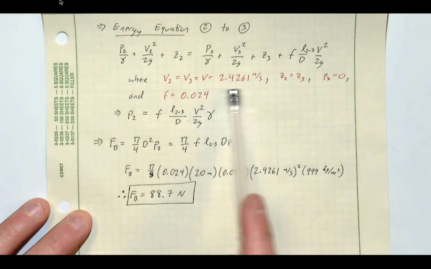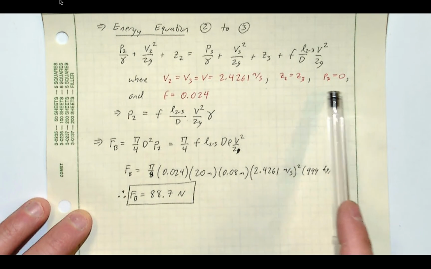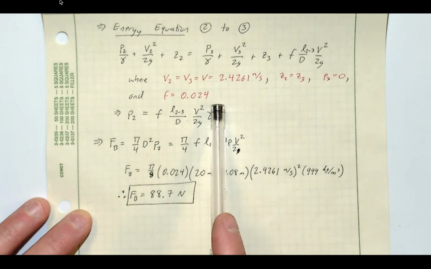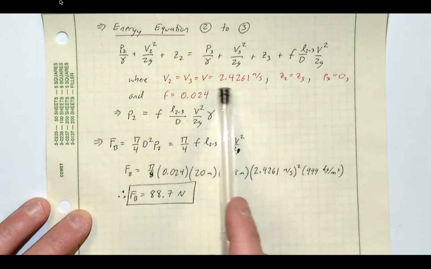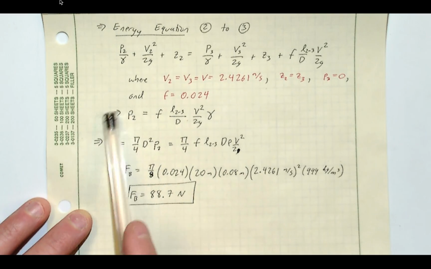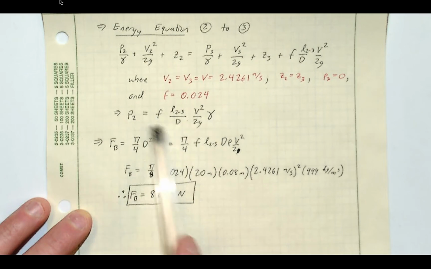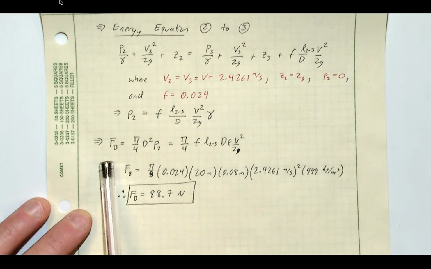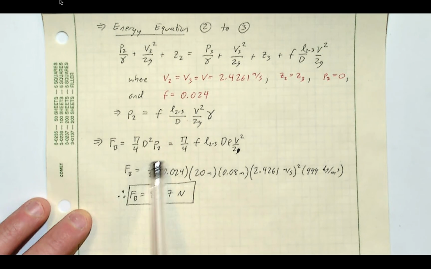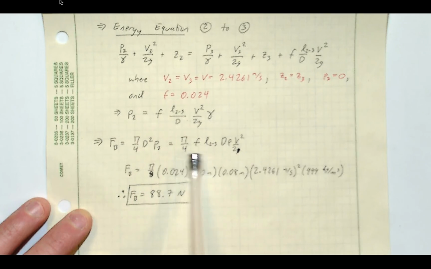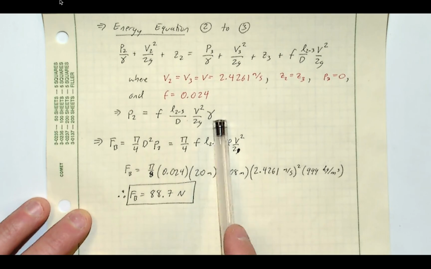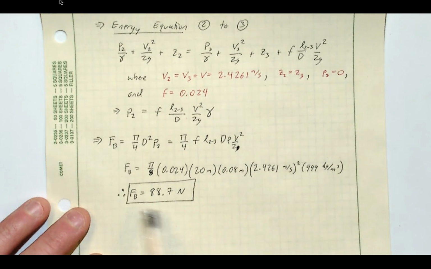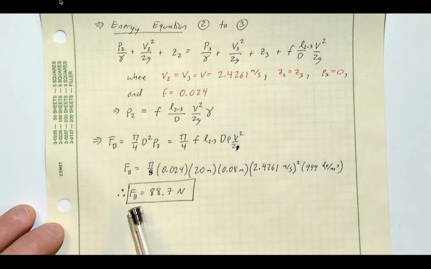So velocity is all constant at 2.4 meters per second. Elevation doesn't change, and our pressure at 3 is atmospheric. It's a free jet. Pressure at 2 is what we want to know. Our friction factor came from the Moody diagram with this velocity. So this reduces to just the pressure at 2 being related to the head loss. Then we can relate this back to the force in the bolts, which is just the area times the pressure at 2, which is just the area times the head loss multiplied by gamma. So gamma over g just goes to the density. Plug all this in with our properties of water and the known quantities,